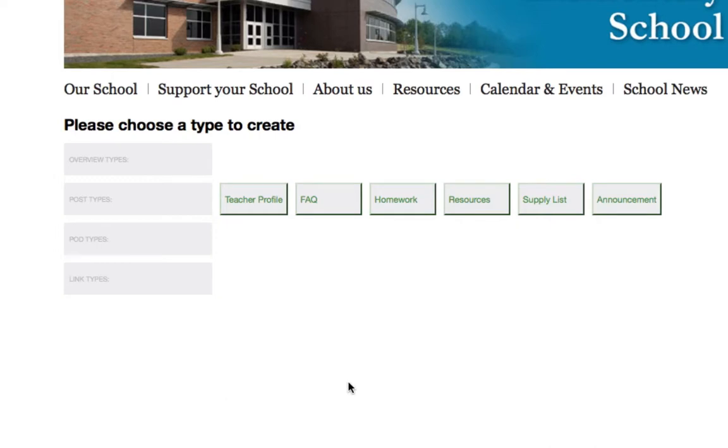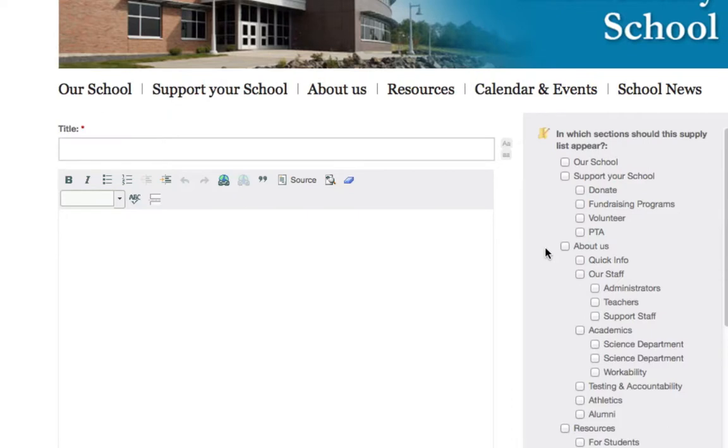And it's going to ask us to select a type to create. And you'll notice that these types correlate to the different headings that were on the sample page I showed you in the first video. So if you want to create a frequently asked questions post, you would select the FAQ option. For homework, you would select the homework option. For resources, you would select the resources option. Supply list option. Announcements option. So think about what you want to actually include on your page and what section you want it to be listed under. For this first example, I'm going to select the supply list option,